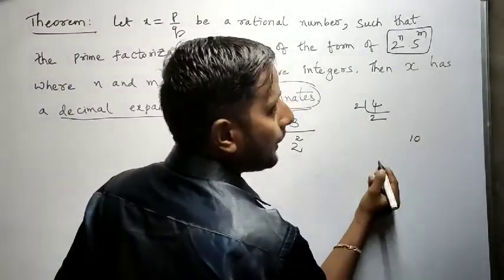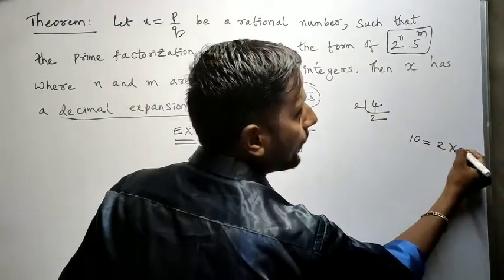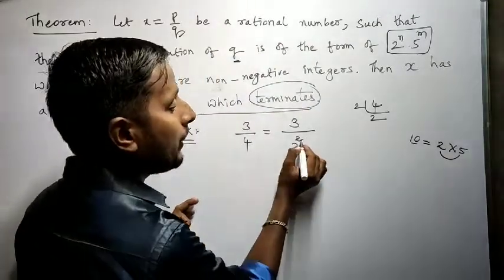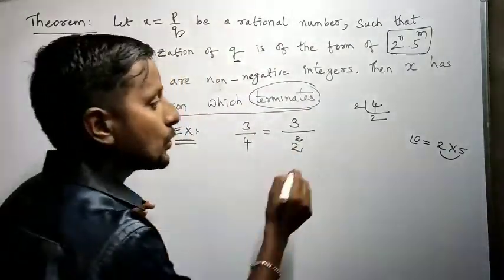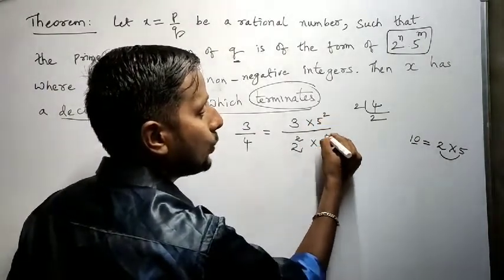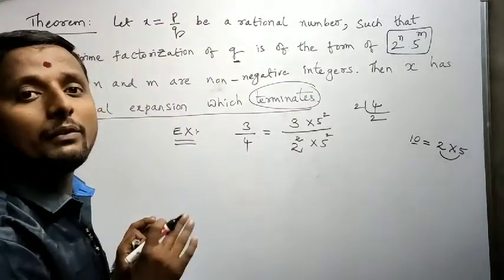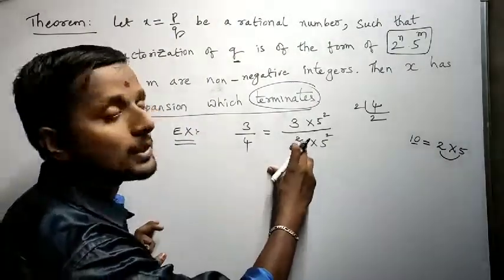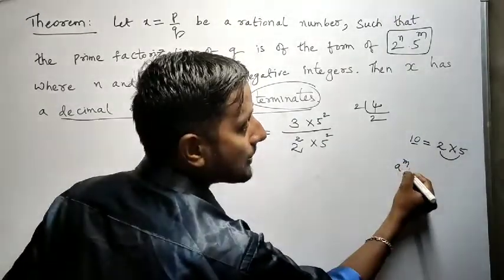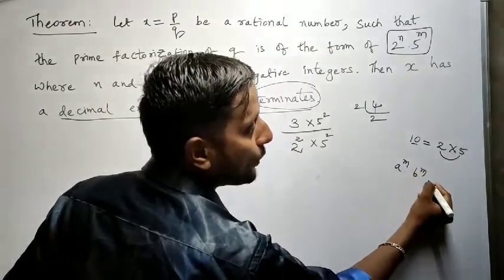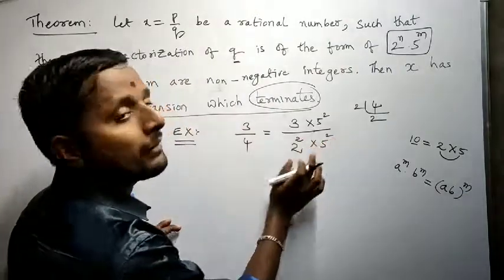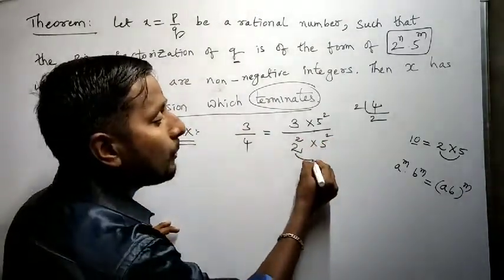What happened? Actually if you want to get 10, we need 2 and 5. So for 10, 2 and 5 are factors. But here the 2 has a power 2. So now I am multiplying both numerator and denominator with 5 power 2. Why should I multiply only with 5 power 2? Because 2 already has a power 2. If you take 5 also with power 2, we have a law of exponents, that is a power m into b power m is ab whole power m. That means if both have the same power, then we can multiply.